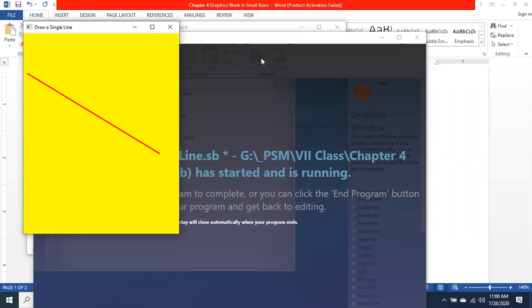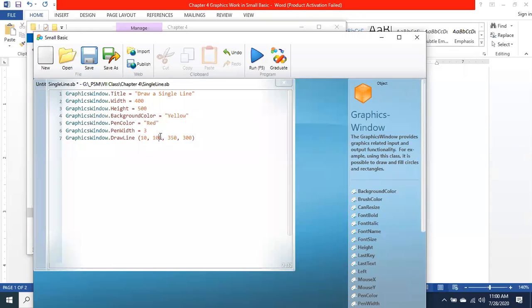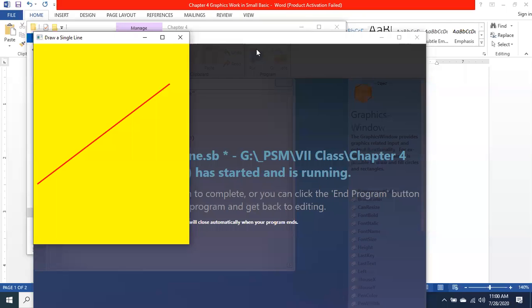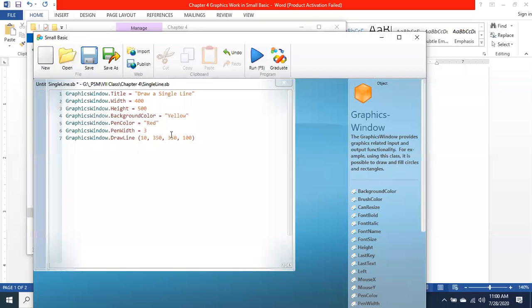It is becoming inclined. Okay, if we want to keep the first point at the bottom and the second point at the top, then change the y-axis. I make the first y-axis 350 and the second y-axis I am going to change to 100. So now you can see the change: the first y-axis is at 350, so it is at the top, and the second y-axis is at 100, so it is at the bottom. Are you getting this point? So this is how we can make changes in drawing a line. How we can draw a line.